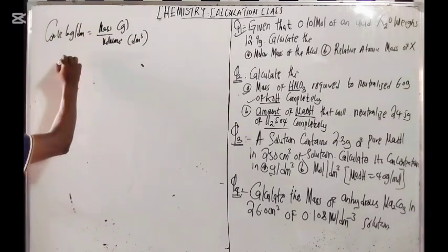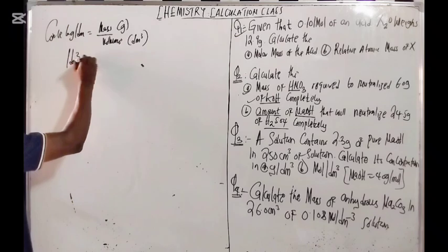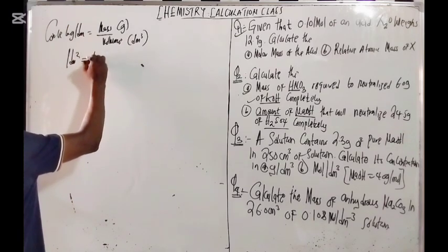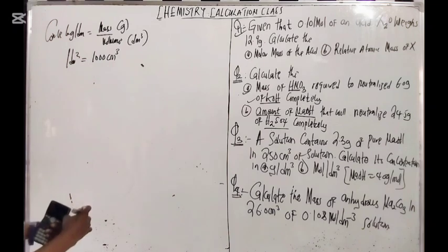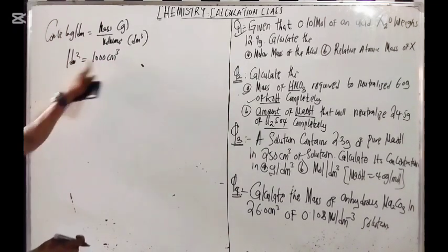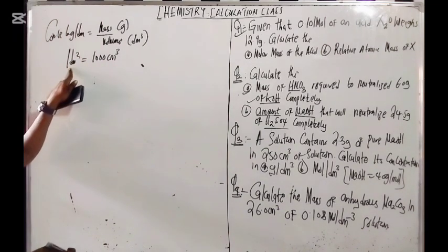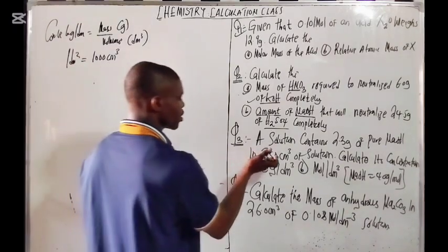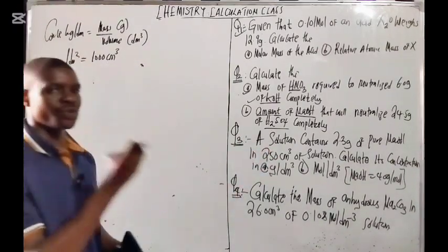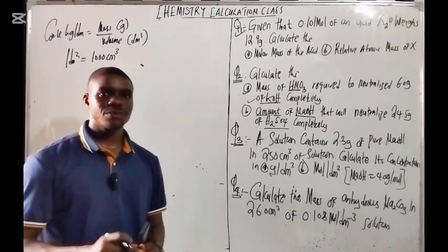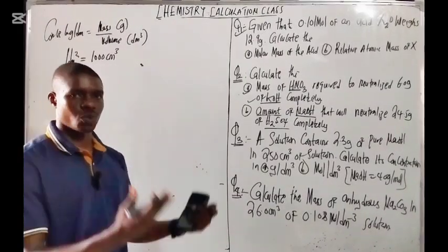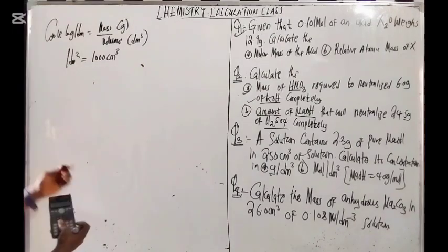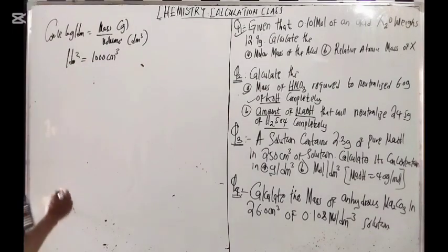So remember, 1 dm cube is equal to 1000 cm cube. So to convert from cm cube to dm cube, you have to divide by 1000. Whenever a value is given to you in cm cube, the first thing you want to do is to convert to dm cube by dividing by 1000. Now, another formula you need to know here is